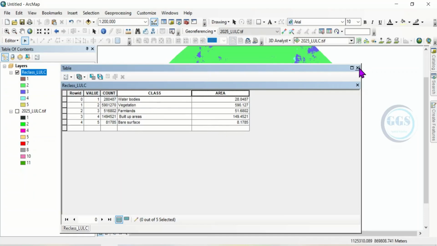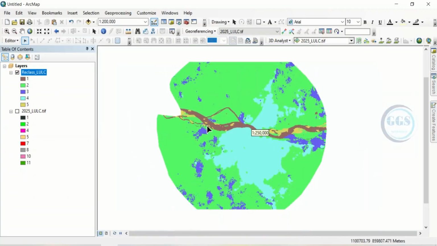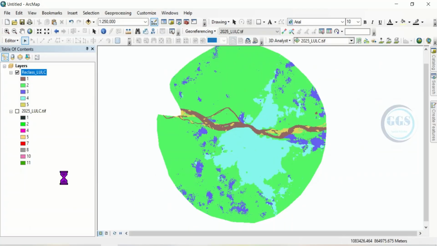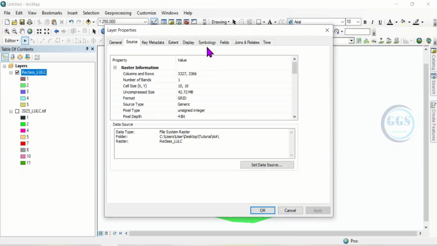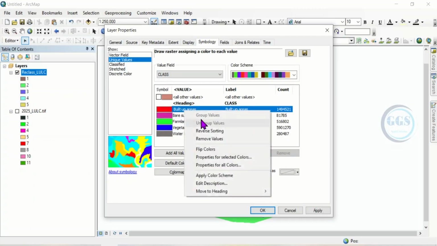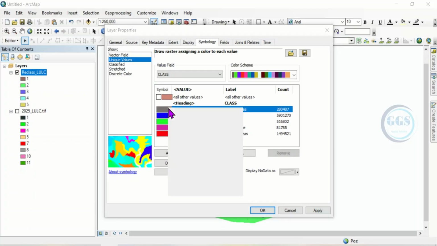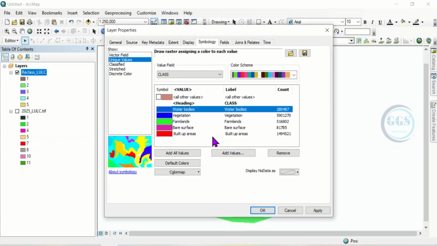Now what I can do is to symbolize or style this map. So to do that, right click and come to properties. Then come under symbology, and for the value we want to use, click here and select class. So we can see the class and we can reverse the sorting by right clicking and reverse sorting, such that water body I can give it specific color,